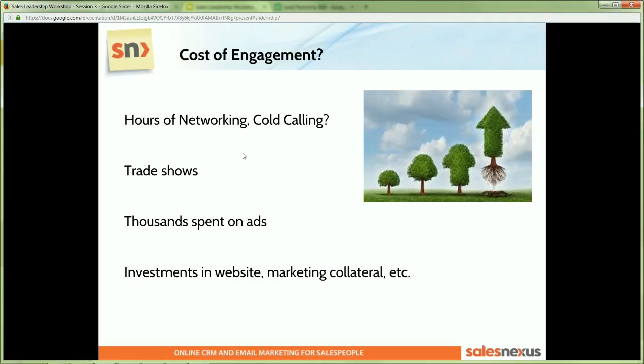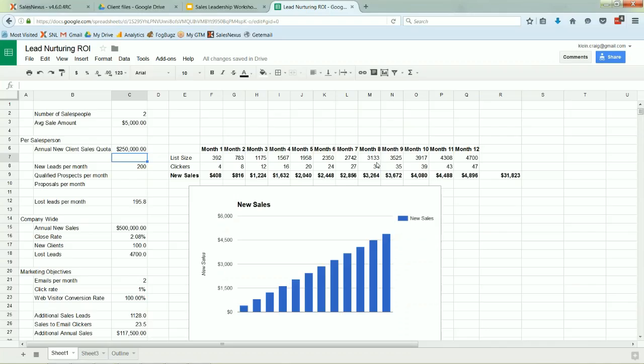Well, lead nurturing is a big part of the answer. So this is a spreadsheet that I put together to show clients what kind of return they might expect from a lead nurturing campaign. Let's imagine that you're a very small business. 2 salespeople, your average sale, the purchase amount that a customer makes is $5,000. And these 2 salespeople have a quota of $250,000 each. You're doing $500,000 in business in total as a business. Well,